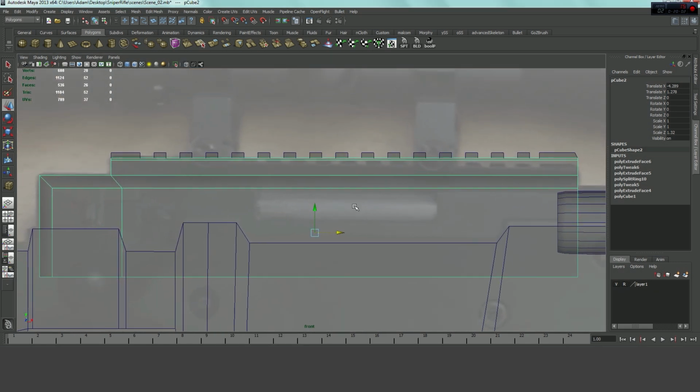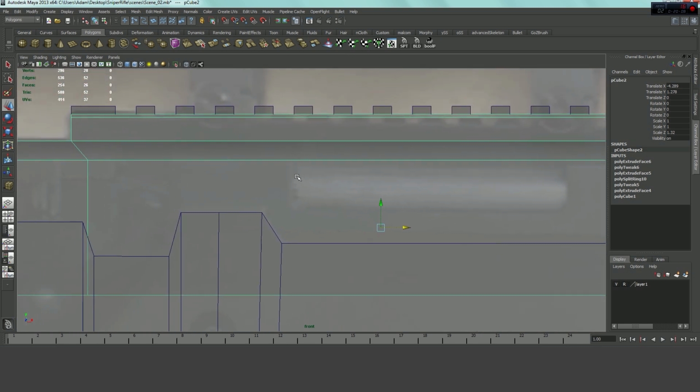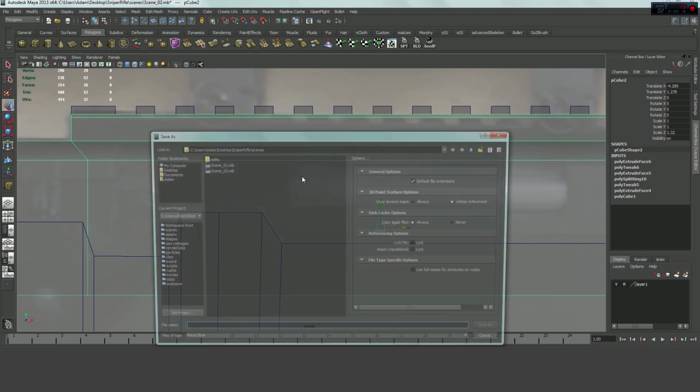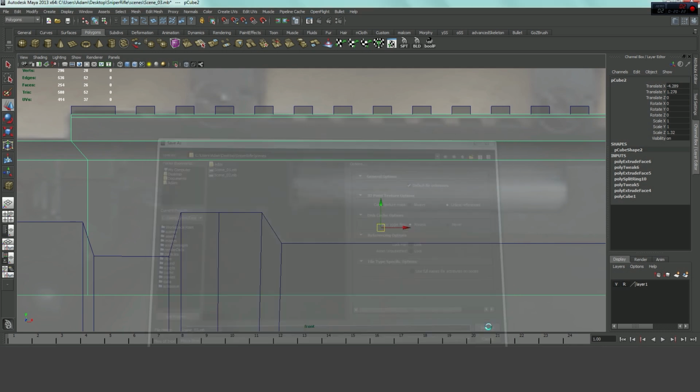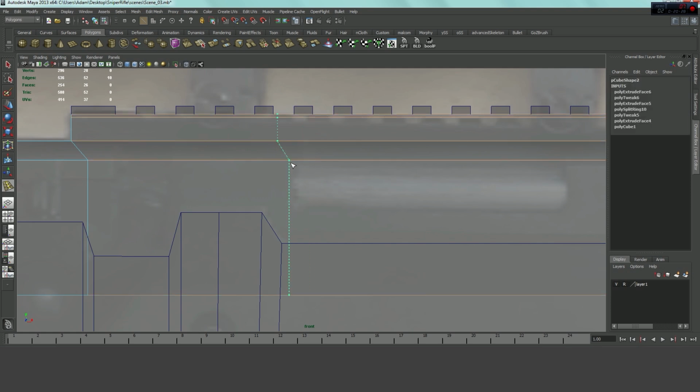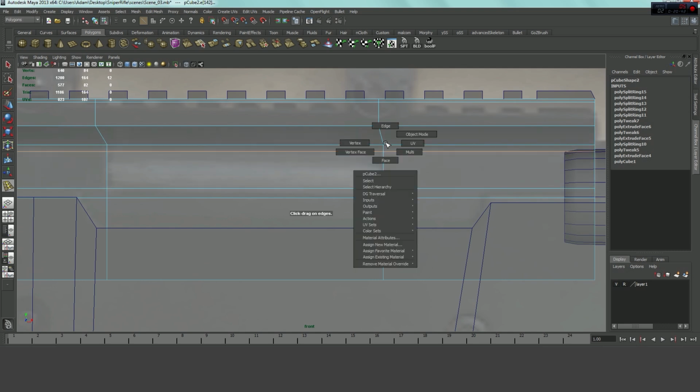So the next thing we'll do is maybe cut in this little cylinder here, for the ejection port. Let me go ahead and save real quick because I haven't saved in a while. I'm just going to save this one out as Scene 03, and I'm going to insert an edge loop here, insert an edge loop here. I'm going to put one here, and one in about here, and about here maybe,